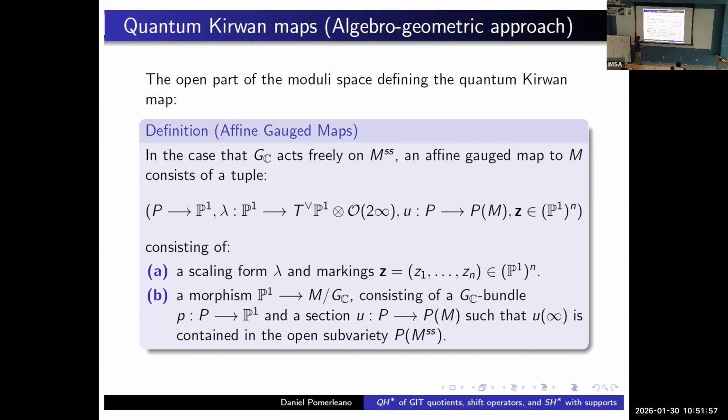then it'll be a map. So we'll have a map from P1 to the associated space associated with that G bundle, so that the marked point Z0 maps to the open part of the variety, to the semi-stable locus. So the open part of the moduli space looks like this, and